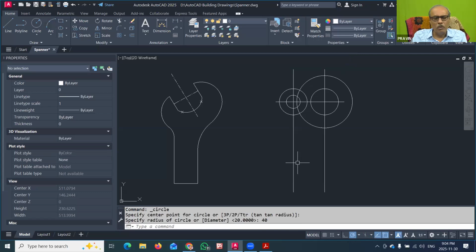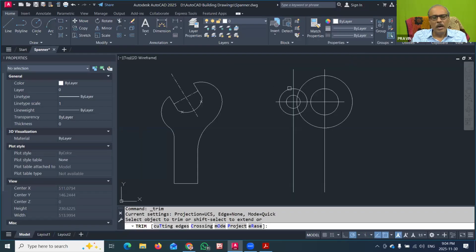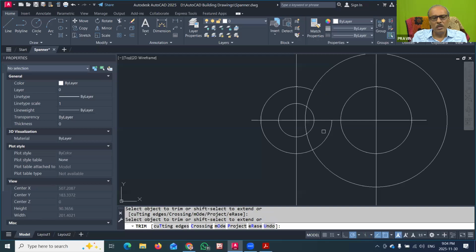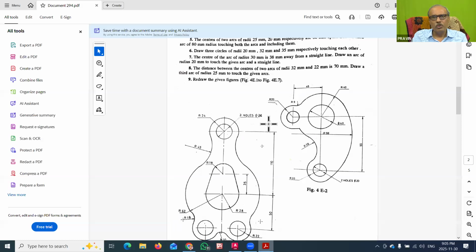Now this part we have already completed. But now you can see that this is only a half circle part, so that only we have to create. Therefore we have to delete the remaining part of the circle. So we will go here and use the trim command, and the half part of this circle inside the circle we will delete. Yes, so this we will delete. Now we have to draw the straight line from this end to this circle. Here also we can make it the same way. So this much part was now completed.